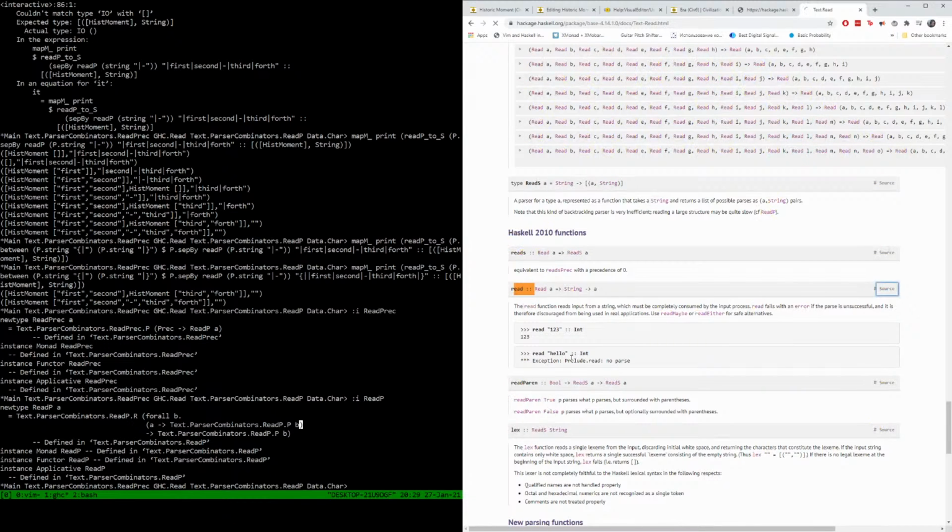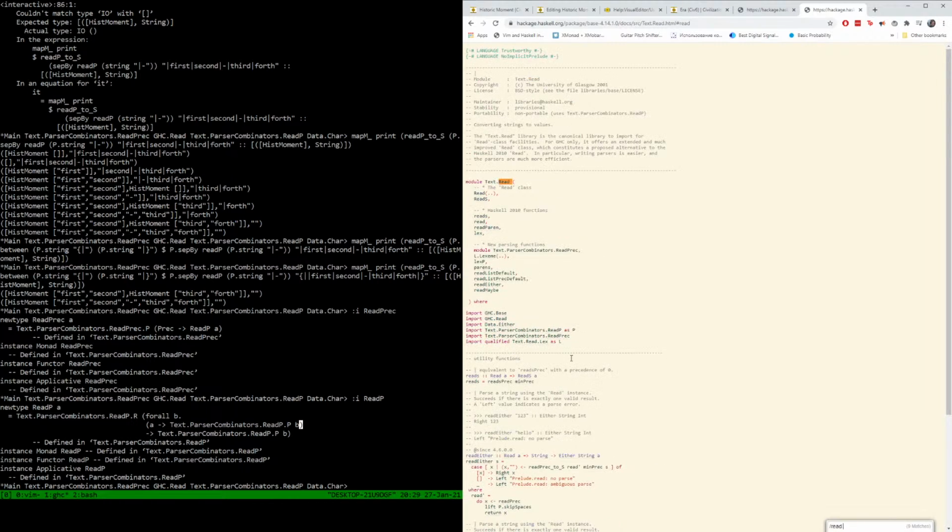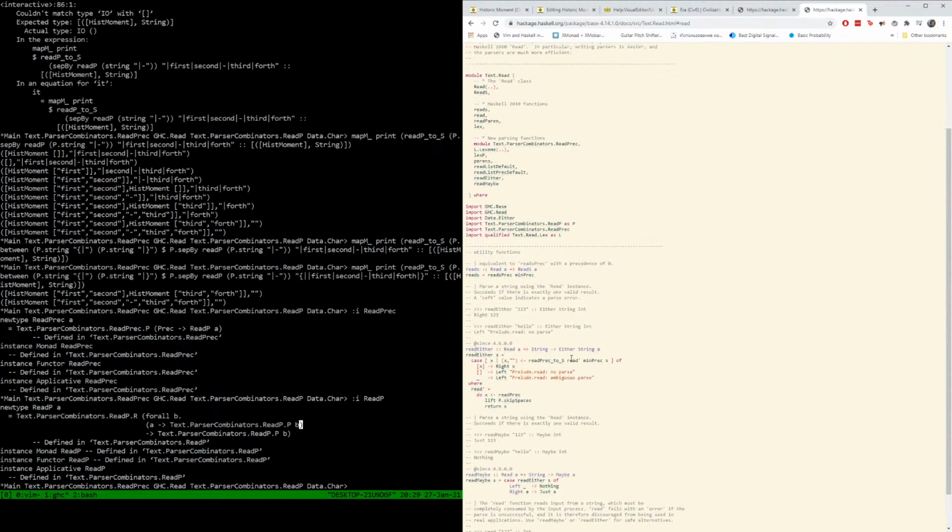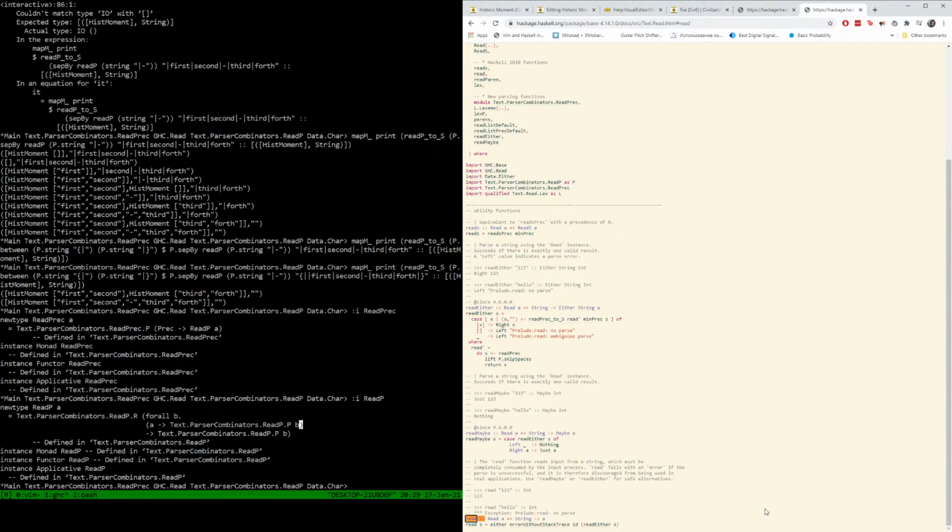Yeah, let's go to the source. Read string to a and it